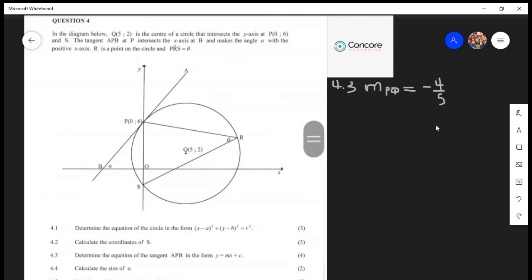So whenever you calculate the equation of a line, you need two things. You need the gradient of that line, and you need the coordinate points, any coordinate point. Or alternatively, if you have the y-intercept, you can even just use the y-intercept and the gradient. So I'll do both methods actually. Okay,